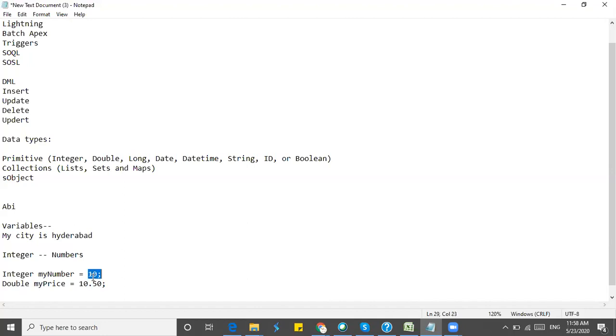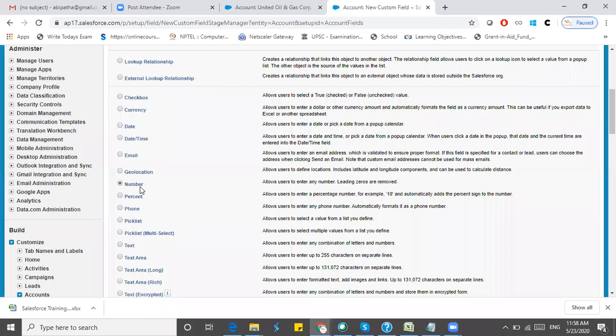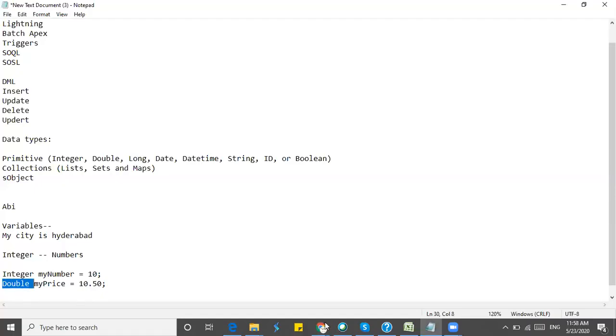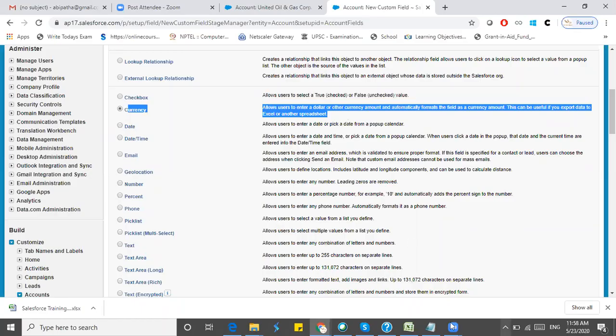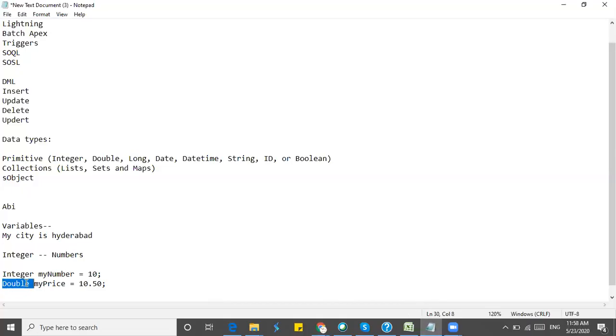Integer should have only a number without any decimal point. If we have any decimal points, we need to give it to double. So if the number field is created with any decimal points, we need to assign that to double. And we have a currency field. This currency field also we can assign to double.